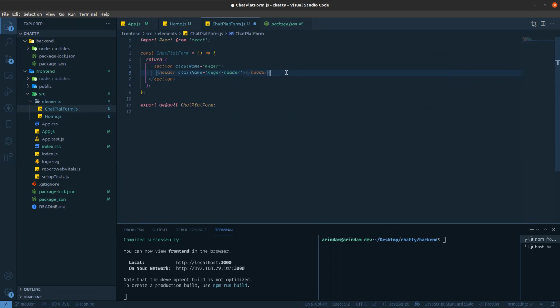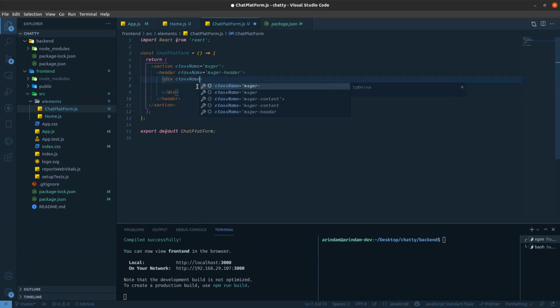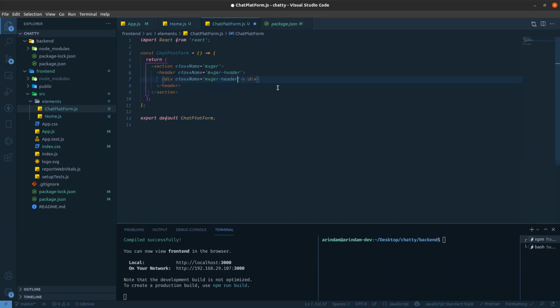So in this header, I'm creating just the header part. In a div, I'm giving the class name messenger header title. In this title, first I'm showing one icon.